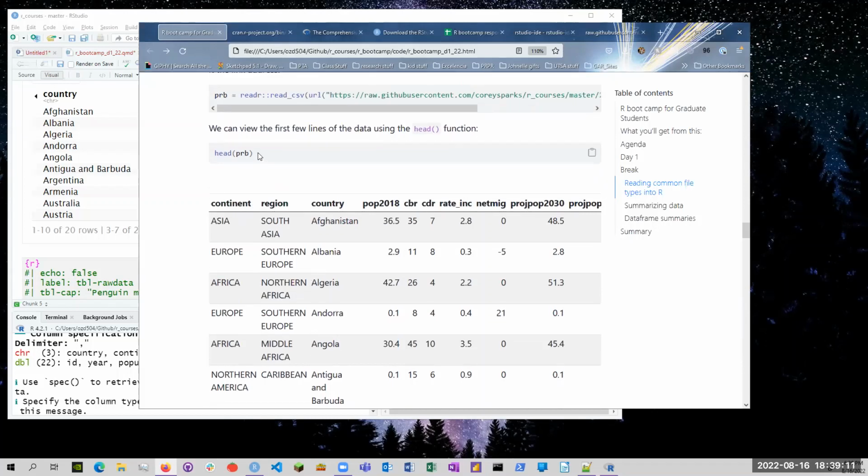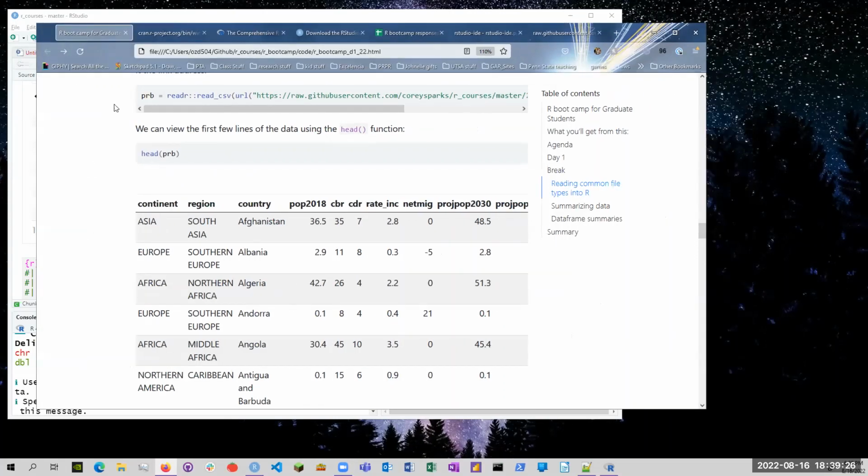There's likewise a function called tail that will print the last 6 rows by default, and just again, so you can look at the data. When you're getting a new data set or somebody's giving you something that you haven't seen before, you have to look at it. You have to browse around it and explore it. And one big thing that you're going to be looking for is, are data formatted correctly? Do variables look like